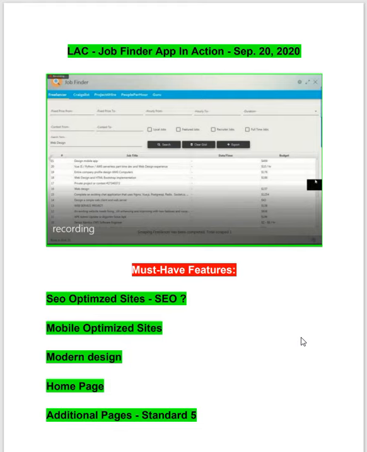And for creating SEO optimized websites, for a basic website the minimum cost is $1,200. You can charge them more, you can charge them half. It really depends on you, but bear in mind when you outsource a website to us, you have to know how much we are charging you, right? We may charge you anywhere from $100 to $200, $300, $500, or even more, depending on the nature of the website.